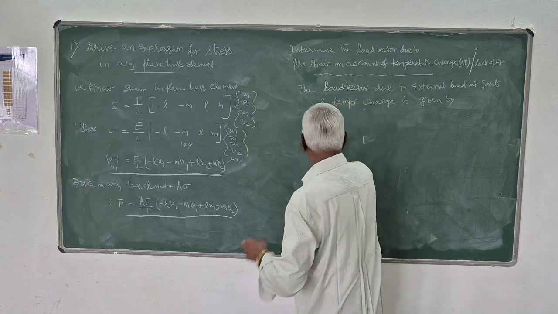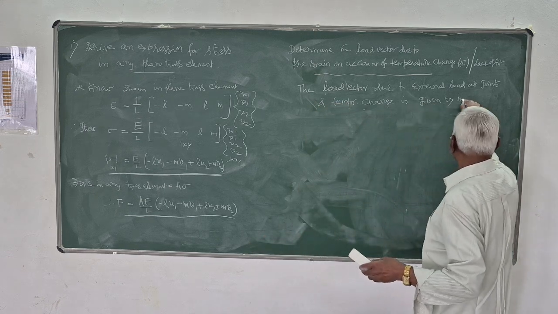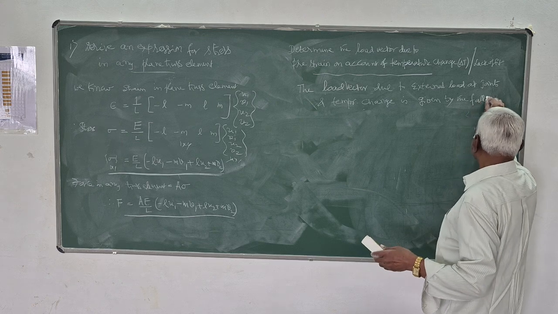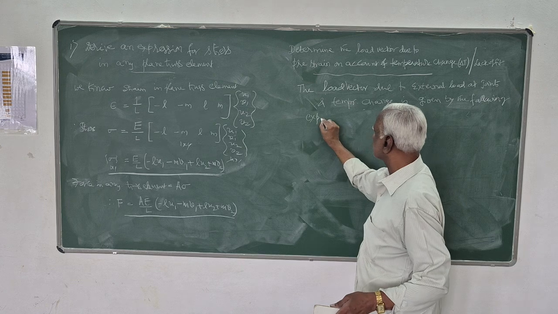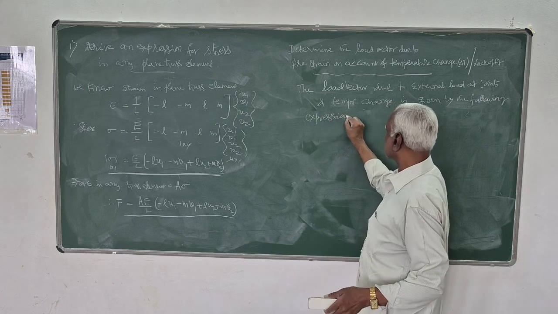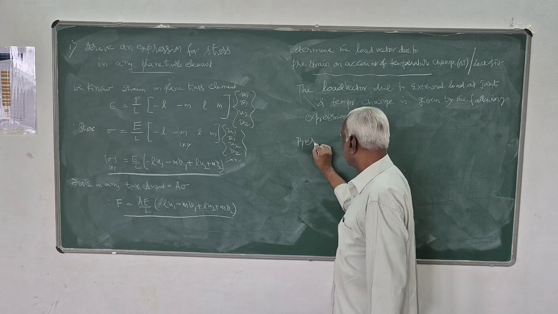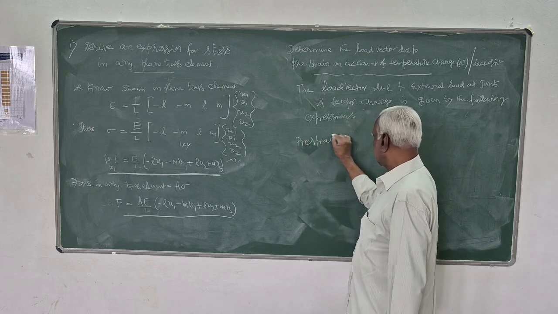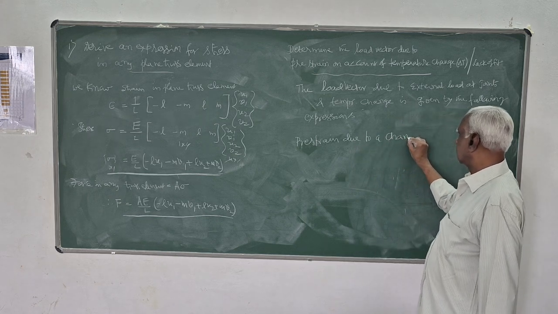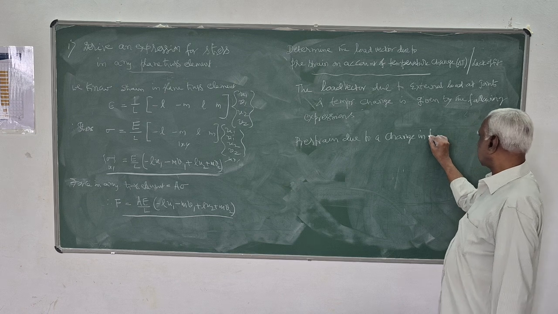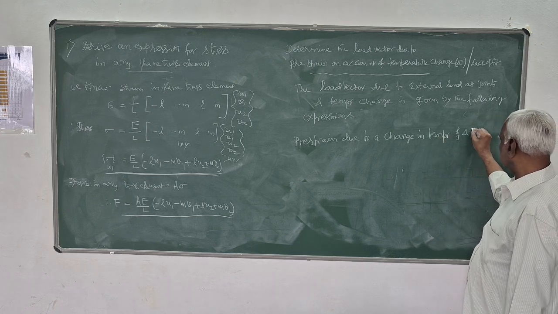I will do like this. First, one by one, it is given by the following expressions. So, pre-strain due to a change in temperature of delta T